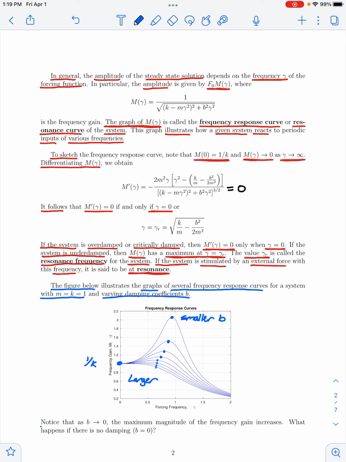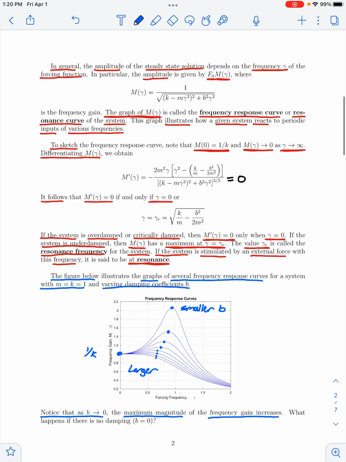So here notice that as our damping coefficient b is approaching 0, the maximum magnitude of this frequency gain is increasing. So then a question of interest would be, what happens if there is no damping? What if b, our damping coefficient, is equal to 0? So that's what we're going to consider next in the second part of